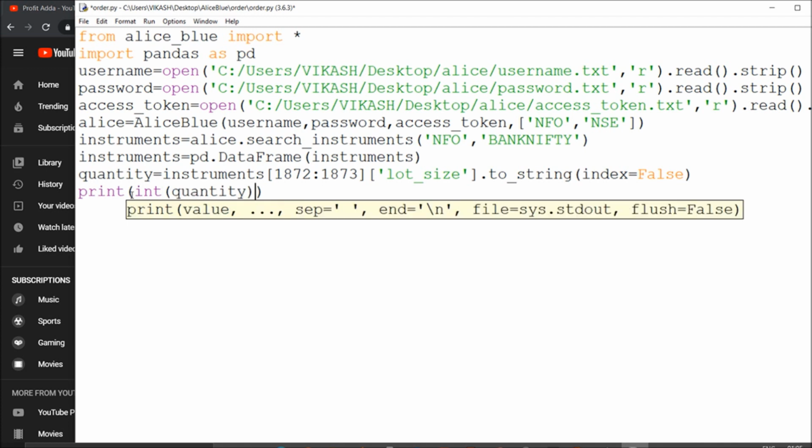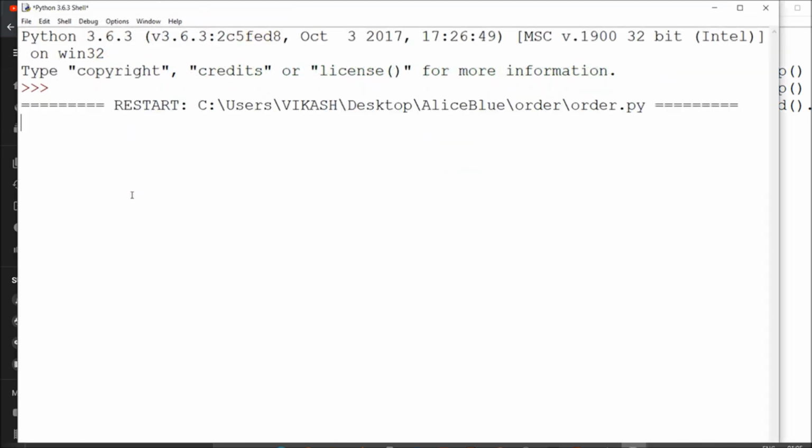If you want to double, all you have to do is multiply. It will be your double quantity, which is 50. This is the way you can multiply for your size.